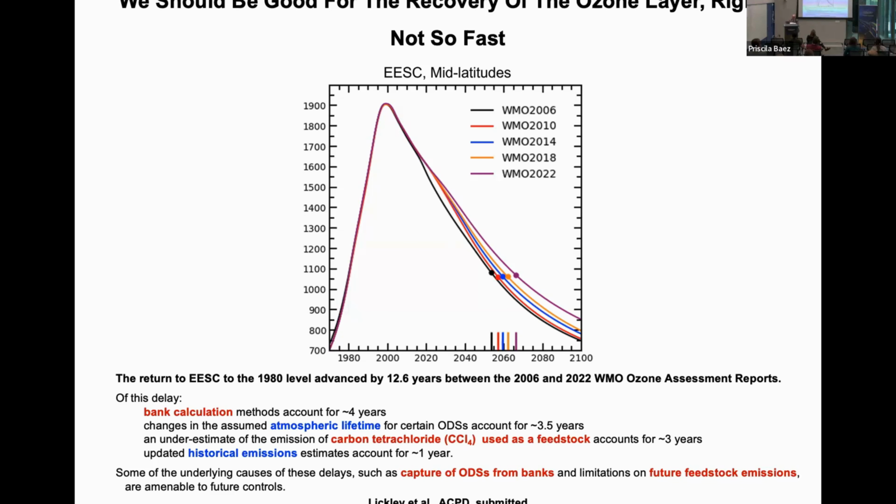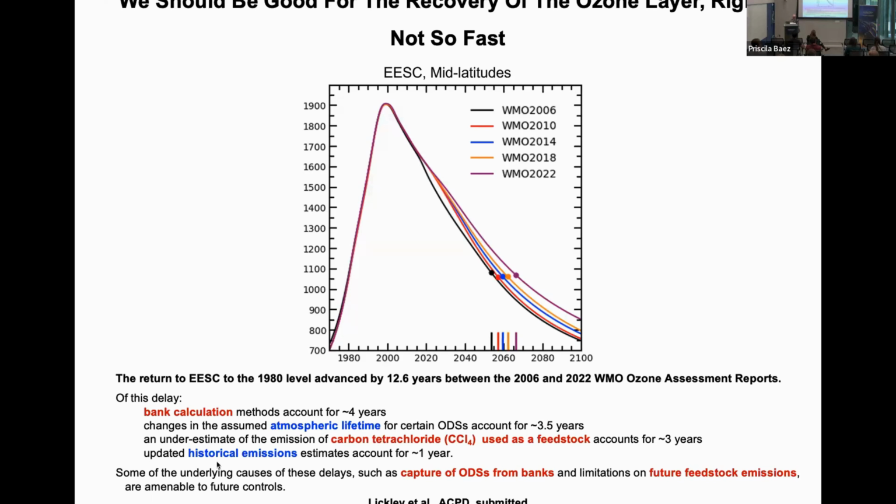We do have control over the emission of carbon tet used as a feedstock. The Montreal Protocol bans the production of all the ozone depletion substances for something we call emissive uses. Those are uses where you expect eventually it will be released to the atmosphere, including refrigeration, even though there are ways to keep it from release. But as I said, usually this equipment eventually leaks. We do allow gases like carbon tet to be used as feedstock for making other gases. And the problem is we tend to be leaking it to the atmosphere. So maybe we should tighten the controls on feedstock emissions of carbon tet.